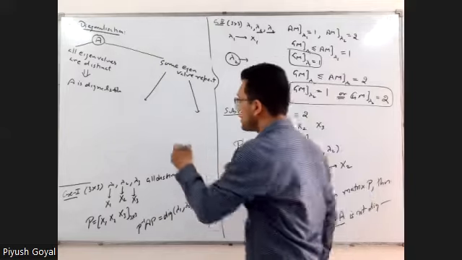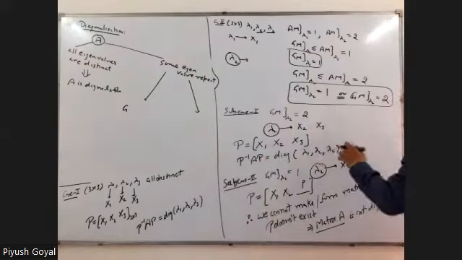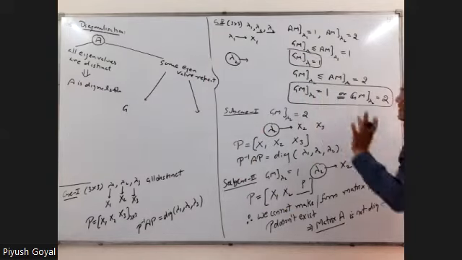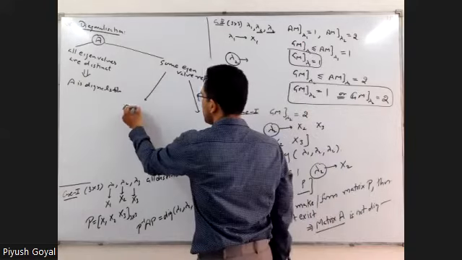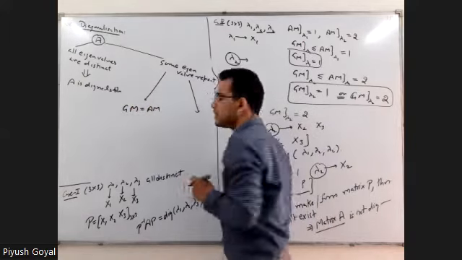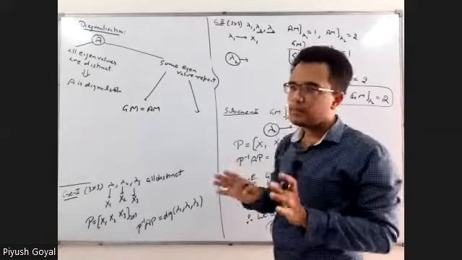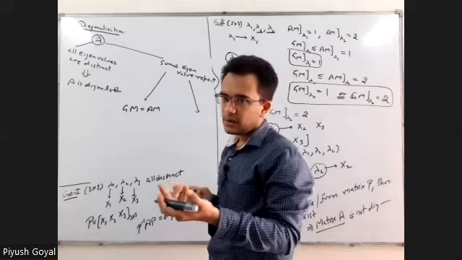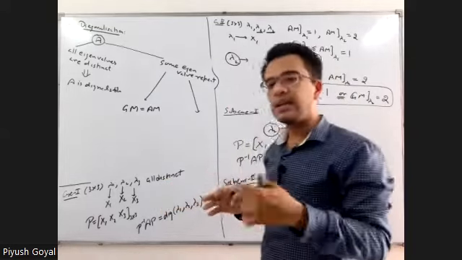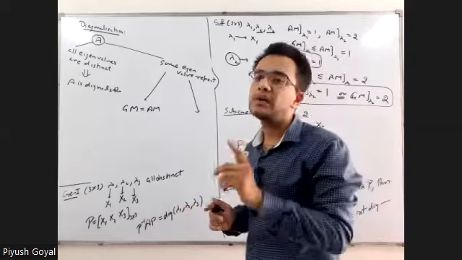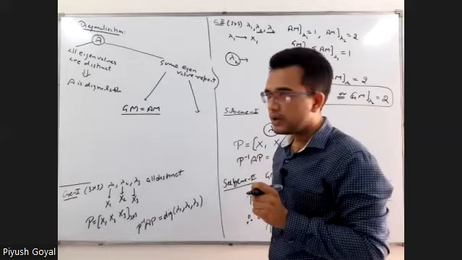If it gives two eigenvectors, we say that geometric multiplicity is less than or equal to algebraic multiplicity. If geometric multiplicity is equal to algebraic multiplicity, this means that for lambda 2 the algebraic multiplicity is 2 and the geometric multiplicity is also 2. It means that when it occurs two times as an eigenvalue, it gives two eigenvectors also, so there will not be any shortage of eigenvectors. In this case, when gm is equal to am, then